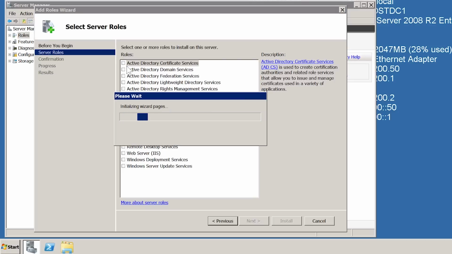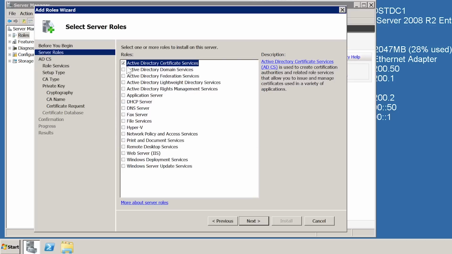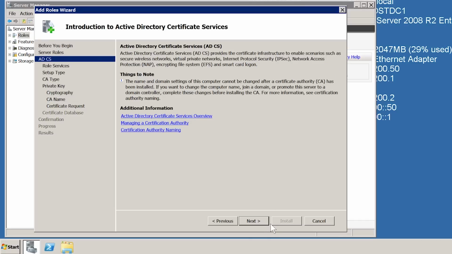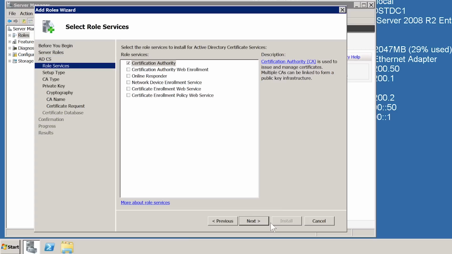The role Active Directory Federation Services is also available. However, this will install version 1.0. Rather than install this version, I will instead download version 2.0 and install this version later in the video. Once I press Next, I will be presented with the welcome screen for Certificate Services. Once I press Next again, I need to select which components of Certificate Services that I want to install. In this case, the default component of Certification Authority is all I need, so I will leave this selected and